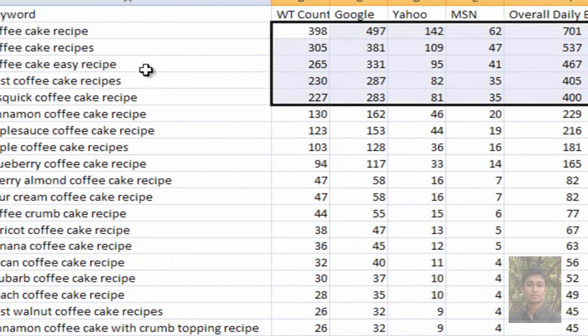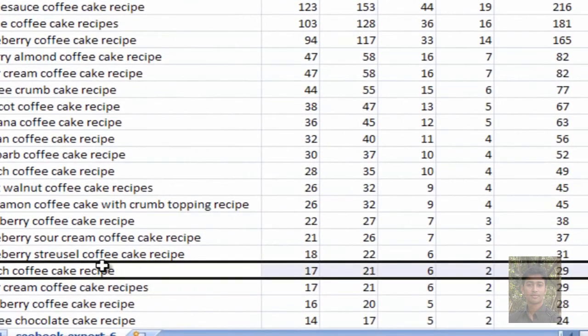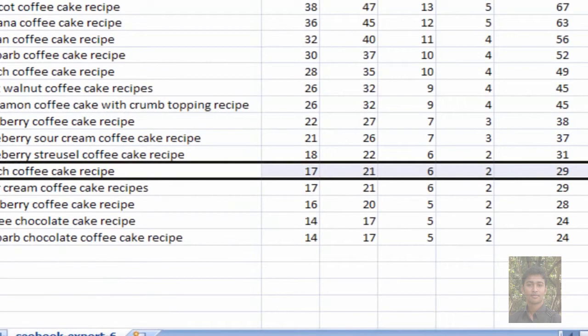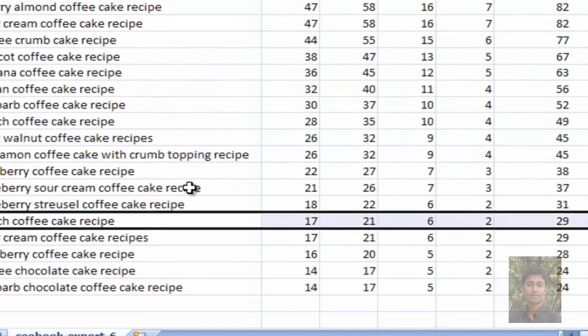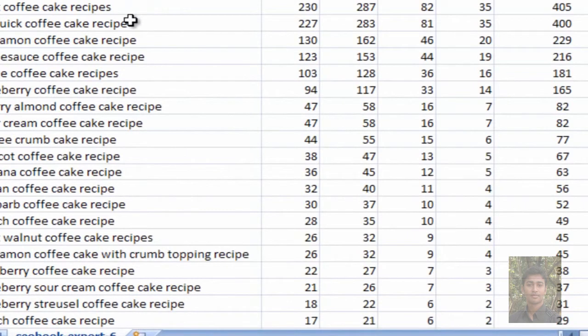There's no point in getting a domain name that is, for instance, peach coffee cake recipe. There's no point buying that just because it's got coffee cake recipe in it, because the numbers aren't so good, and that means my whole website has changed concept. My whole website's changed from being about coffee cake recipe to now being about peach coffee cake recipe, and I'm really losing some great subcategories to my website because I've taken away the main concept of my website, which was coffee cake recipe.